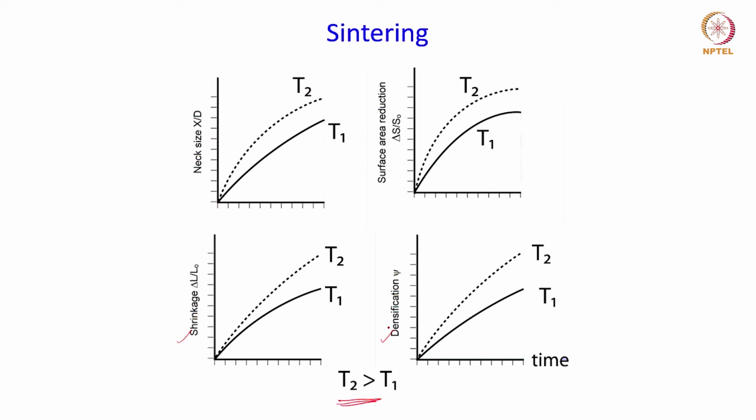Okay. So here you can see that as the temperature is increased, the densification is also increased, because all these parameters which define densification increase with increasing temperature, because as I said, the processes which lead to pore closure are all thermally activated processes, and therefore an increase in the temperature will lead to a higher densification. So when you talk about the sintering process as such, the two important parameters are the temperature and the time.